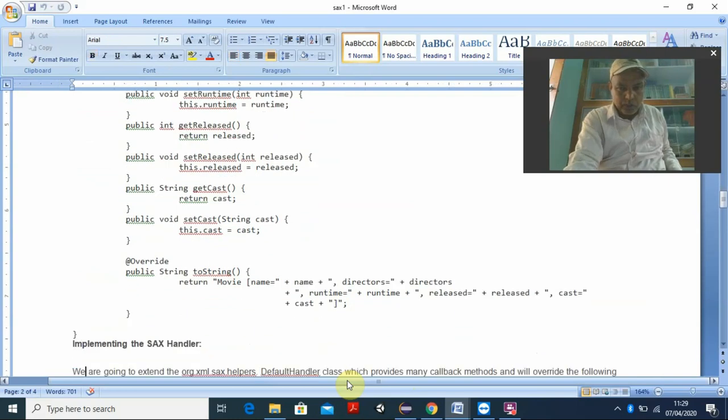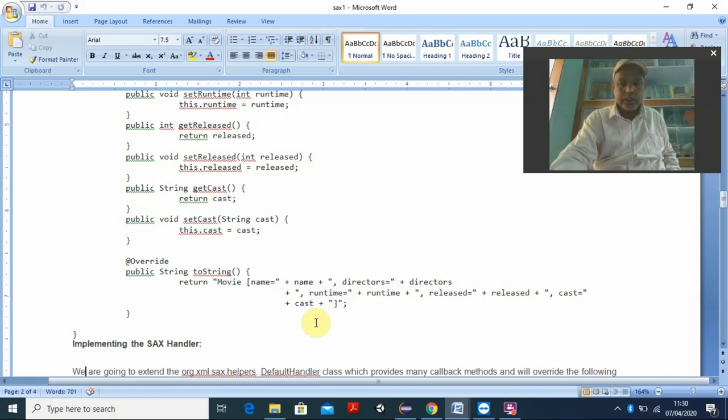Then we go for overriding. So in which format is it to be displayed? Here it is showing public String toString. That means whatever the things we got there, the object he created here, it should be converted to String. So it will be displayed here. Okay. So public String toString, return Movie. Here you are getting the name, then the directors, then the runtime, the released year, and also the cast, who are the actor, actress, etc.